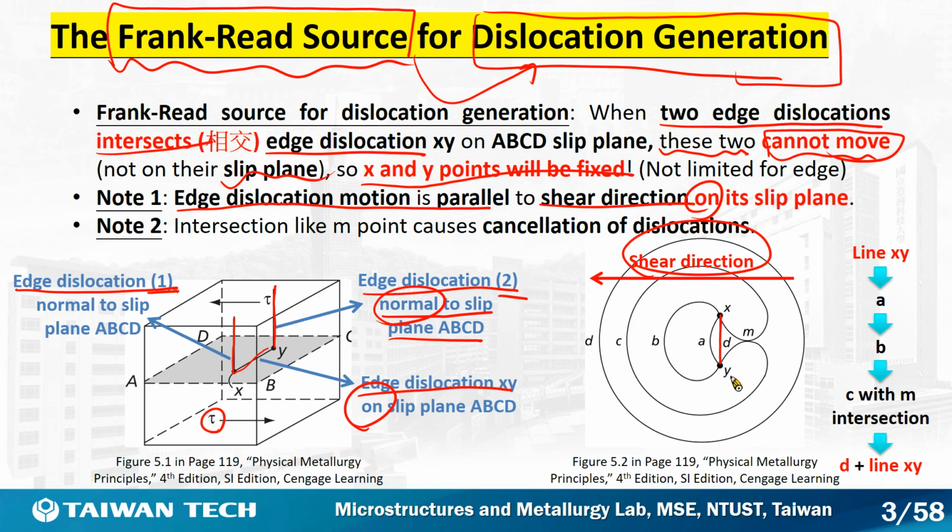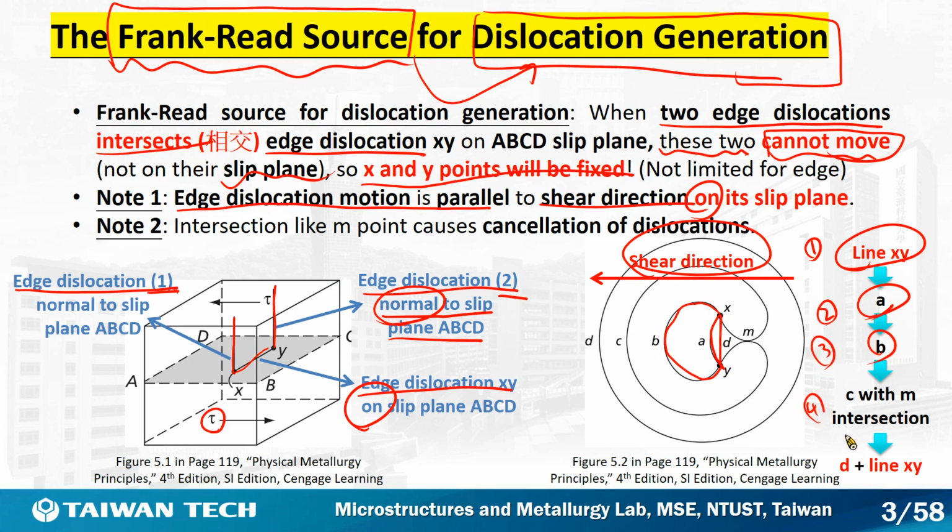However, X and Y must be fixed. So it will move like this, like A. So first, this is the first stage, line XY. The second stage is A. So you can see it move, and then B, and then C. And because XY are fixed,